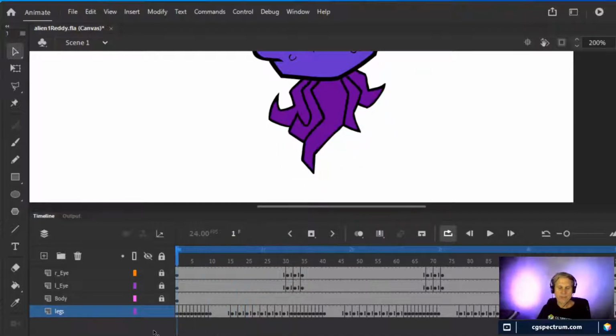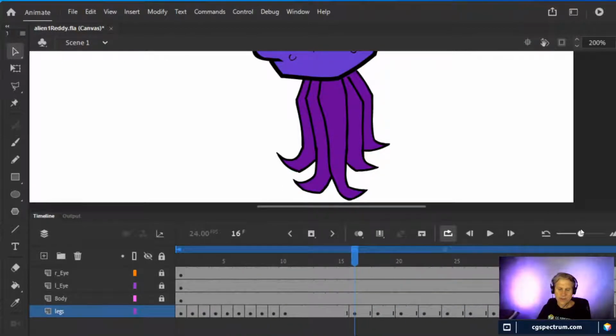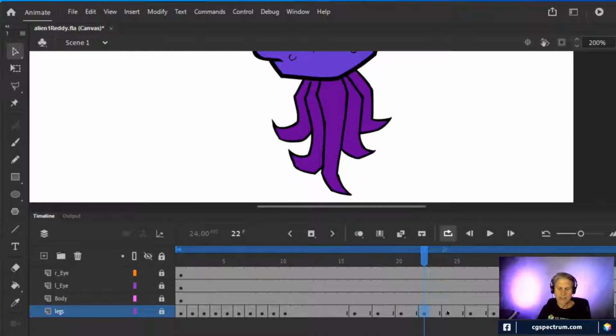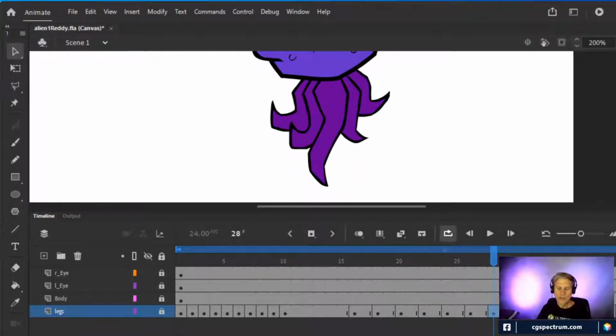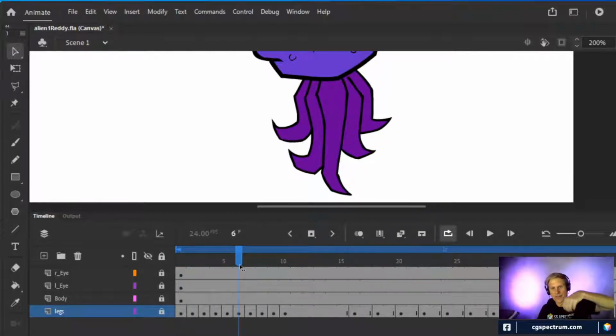But so I did all the frames for the legs going down, and then I brought the legs back up but did it slower. If you see my timeline, if I can expand a little bit, you'll see that I kept 2 frames for each of the legs coming back up, whereas on the way down, it's 1 frame. And so this gives you the look of, it goes down to squishes, and then it pulls up slowly and squishes and pulls up slowly.